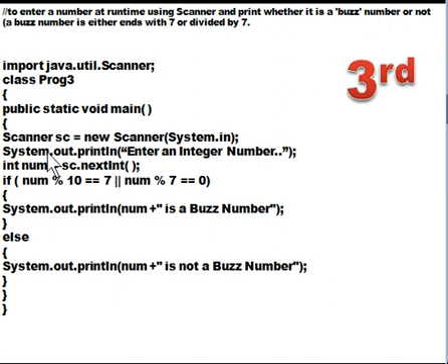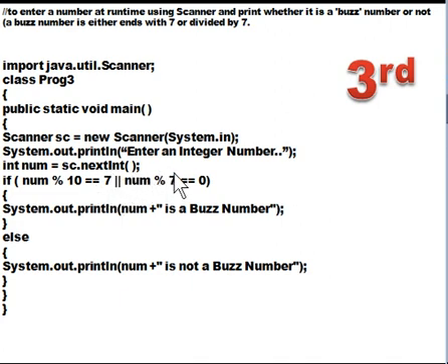Now I'm checking the condition if num modulus remainder 10. That means num % 10 is actually going to divide the number by 10 and will return the remainder. If the remainder is 7, remember, whenever you divide any number by 10, it is going to give you the last digit in it. So if the last digit is 7, for checking the equality we use double equal, or logical or is used.